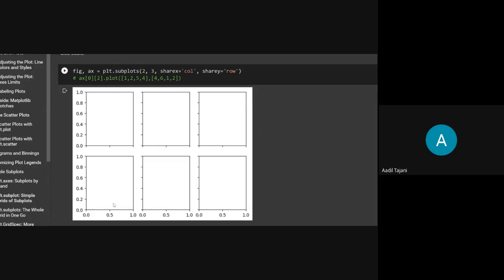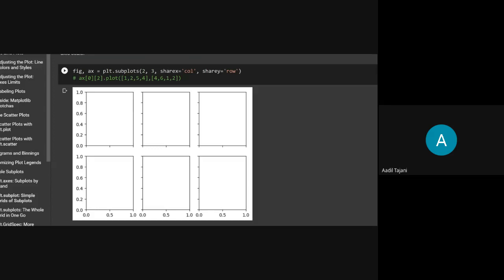In this first column, both are sharing this one common x-axis. The second column is sharing this one, and the third column is sharing this one. And my rows should be sharing the y-axis. So this first row is sharing this axis, and the second row is sharing this axis.